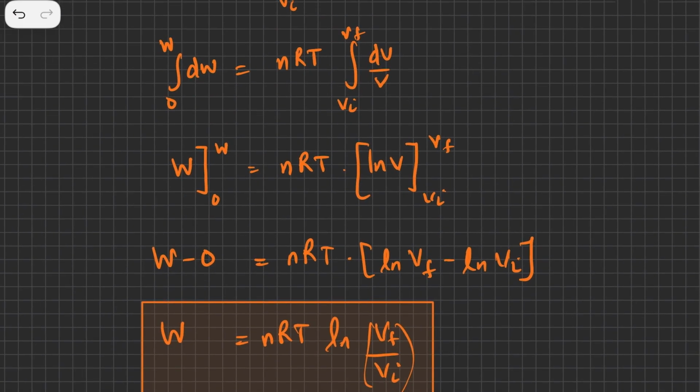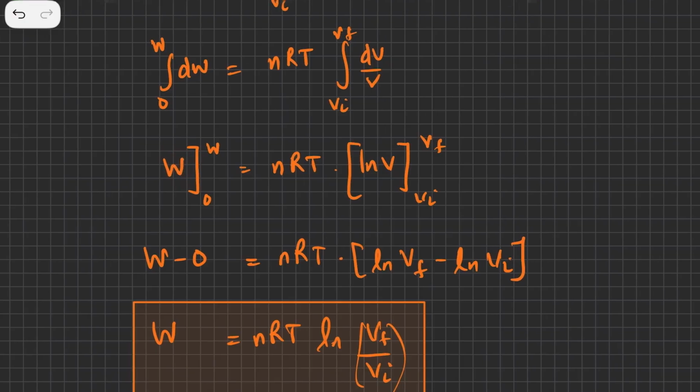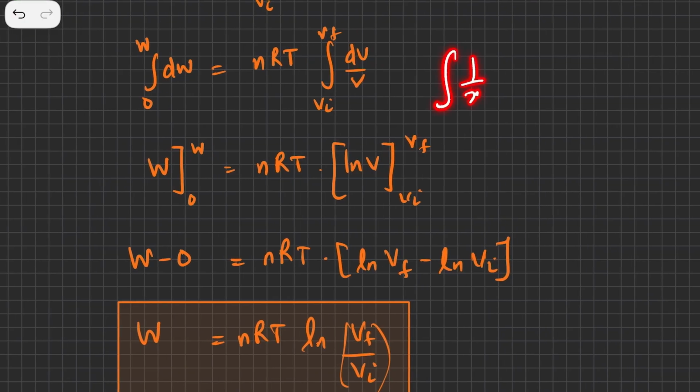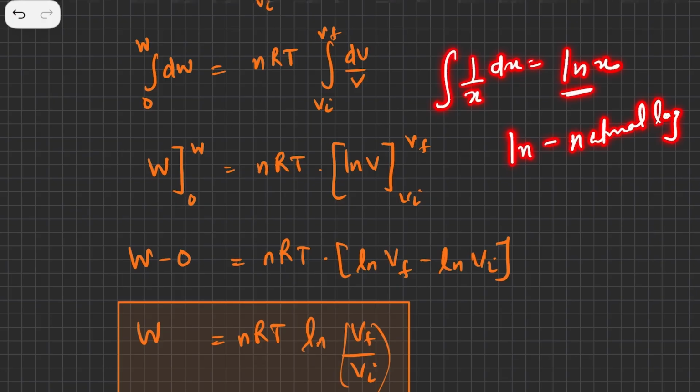So now integration of dw is w, and integration of 1 upon x dx is log x. Now this is called the natural log. ln stands for natural log, and natural log has a base of e, and e stands for an exponential constant